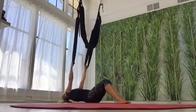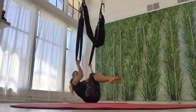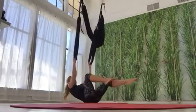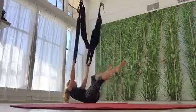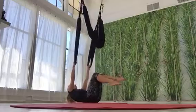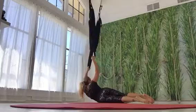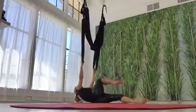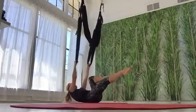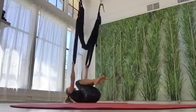Now with bent knees, we're going to just do a little bit of core strengthening. You can pull the chest, bicep curls at the same time, just little tiny pulses. Don't go too far. Of course, you can bicycle and do all kinds of stuff from here. You can play in the space and just roll around. Just see how you want to do a little last strengthening in the core. Just try it, mainly just get a feel for how to work with the swing on the ground. You can roll all around, get really crazy with it and do some breakdancing moves. Or you can just stay right here and just do the tiny little pulses. Lots of different ways. And then when you're ready,